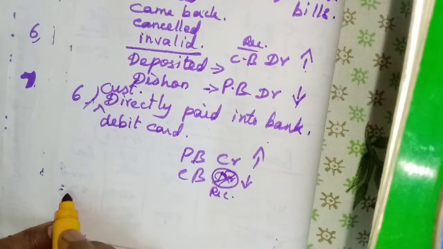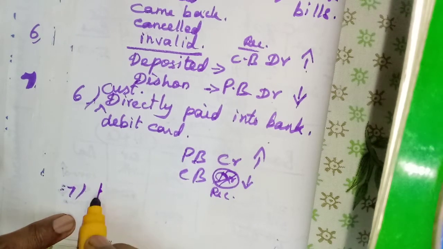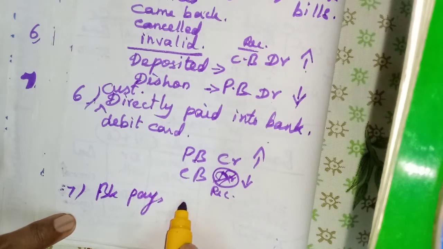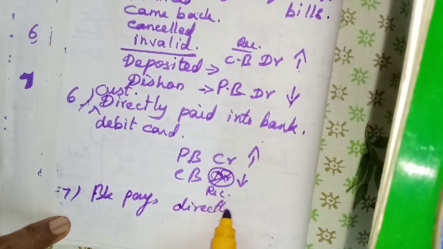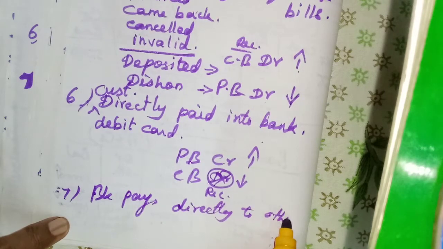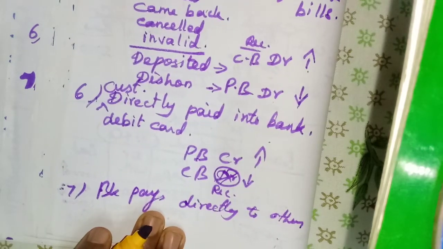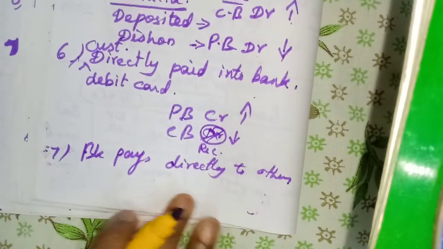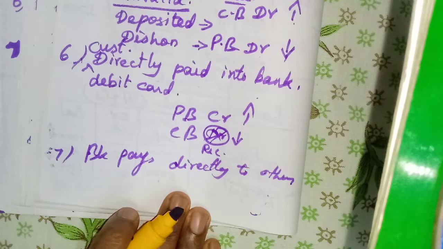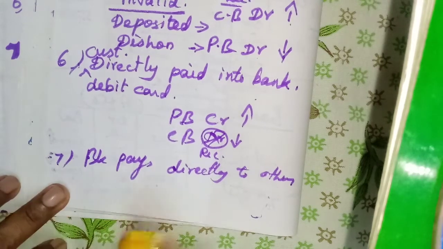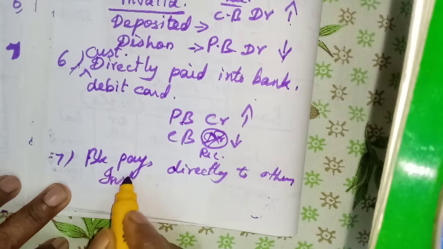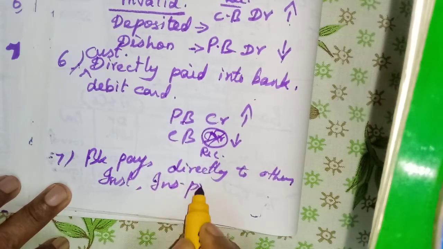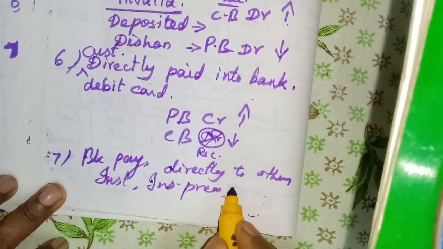Now the opposite: the bank also can pay directly to others. Others means it cannot pay its own. We may give some instructions, some orders to pay for some expenses. For example, any installment payment, or any insurance premium, or any other expenditures, maybe electricity bill,